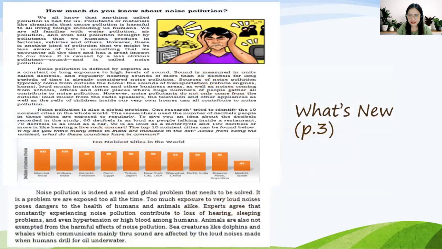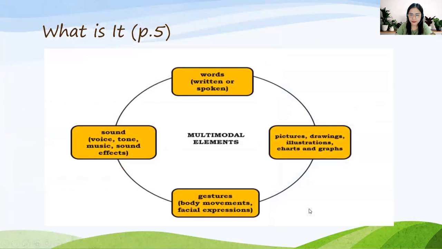Let's take a look at this. These are the different multimodal elements. Pag sinabing multimodal elements, the things that we can see, the factors that we can see inside a text.